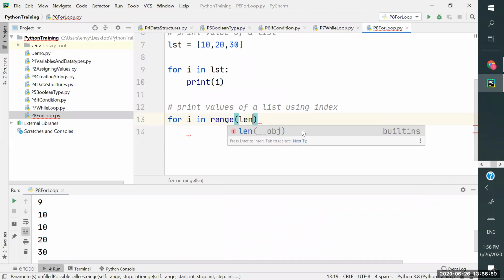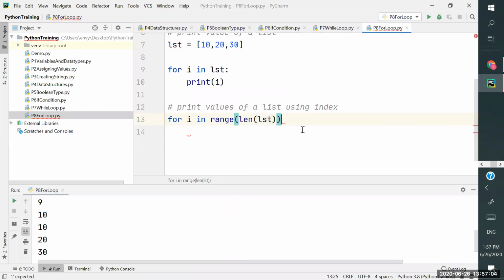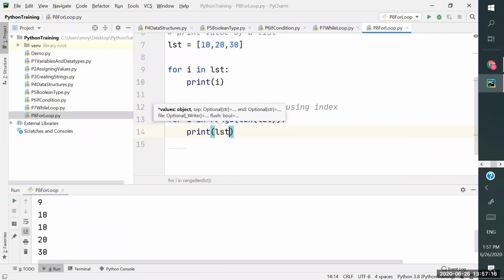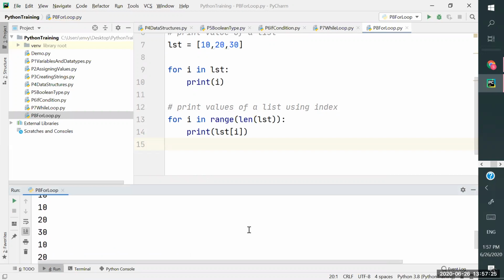We have a len function, and then we can use list here. So now I will iterate through 0, 1, 2, and I will have those values. Now print LST of I. This is how you can print values by using index.